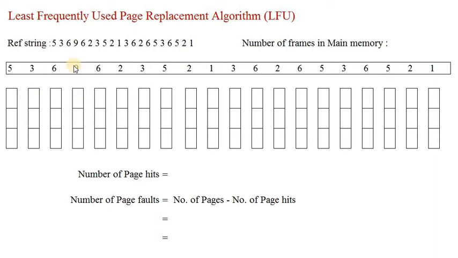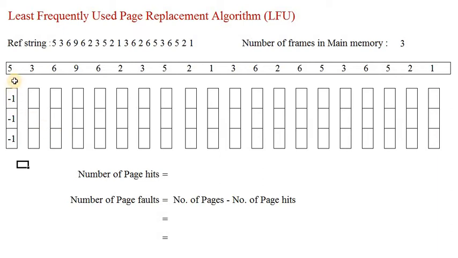For reading this data into the main memory, we should consider the number of frames in the main memory. Suppose the number of frames in the main memory is 3. These are the 3 frames, initially empty. Empty frames can be denoted as -1. So initially all 3 frames are empty and we need to insert all this data into the main memory.